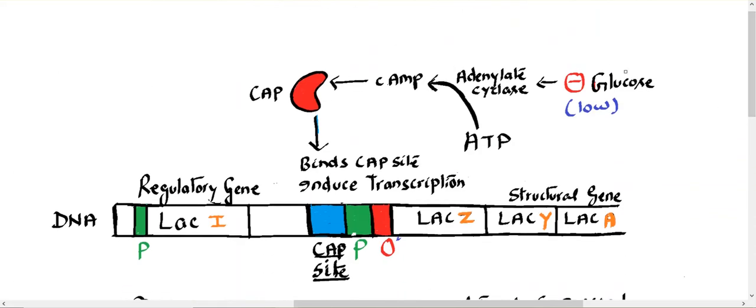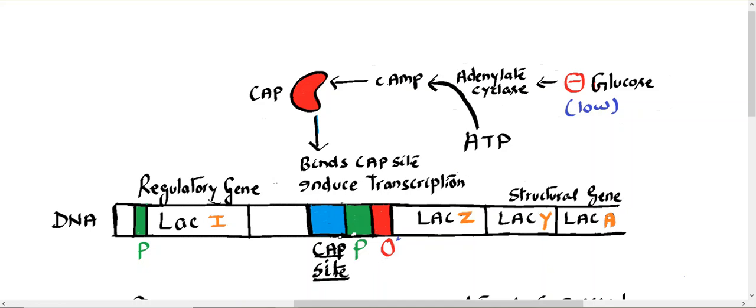So as you can see, when there is low glucose in the media, it can activate an enzyme called adenyl cyclase. What is the function of adenyl cyclase? It converts ATP to cyclic AMP, and that will stimulate the catabolite activator protein, and that will go and bind to the catabolite activator protein site, which is just before the promoter site. Okay, like we saw in the previous page, we saw the promoter and the operator, and before that we have